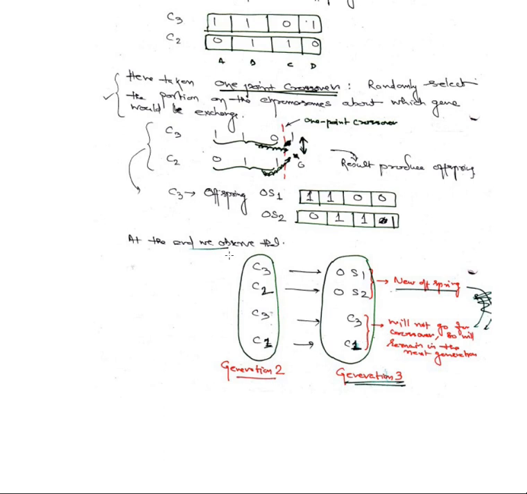So among this population, if you see this one, C1, C3, C2, C3, C1. The C1, C3 we got here. Among this one we can take it, we can even replace the C1 also. That's how we can take it into consideration and go further. Or we can take OS1 with this one, OS2 with this one. Like that, multiple combinations are there, and we continue in the next stage after the mutation. So here if you do a mutation on 0111, we can change this bit to 0. Or if you are taking this one, we can take this bit and convert it to 0. That depends upon the selections.